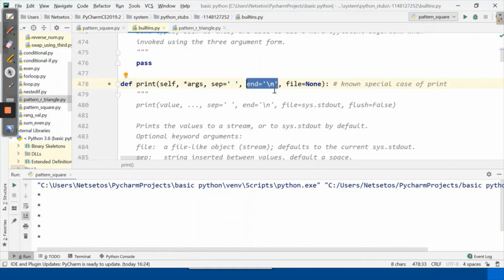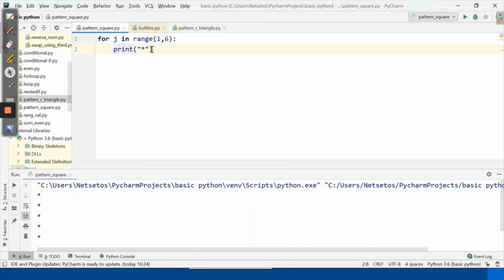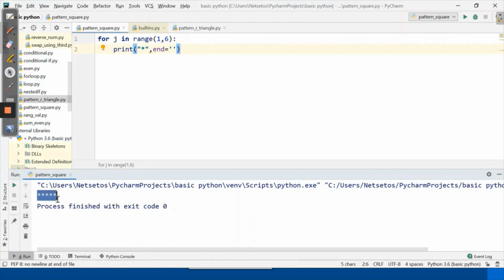That means by default behavior of print statement, it prints in different lines. Now if I want to print this in single line, I need to give end is equal to single quotes. So here if I print this, I can get this in single line. Now I got here 1, 2, 3, 4, 5 stars in single line.